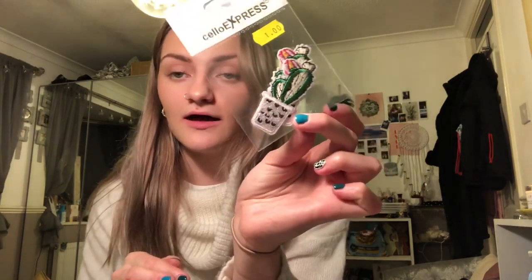So I got these Sugar Skull ones. So all of these were £1 and you get 2 in each pack. Then I got these snakes, which are like the Gucci ones. So some of the Gucci trainers have this on the side, so I thought that was really cute, and I put them like on the arm. Then I got some watermelons, and again you get 2 in each of the packs, and then I just got some A's because that's my initials. And I also got some cacti because I love succulents. So yeah, I got 2 of these as well, and they were all £1, which I thought was really good